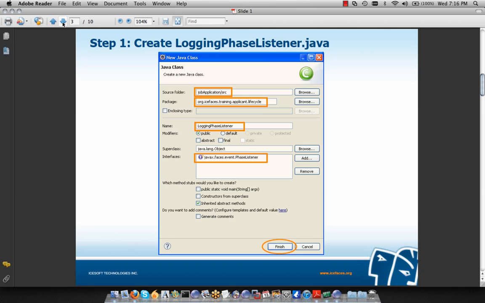Our first step is to create our phase listener. So we're going to create a new class called LoggingPhaseListener in the org.icefaces.training.applicant.lifecycle package. And we're going to add an interface. So we're going to add an AjaxFacesEventPhaseListener interface. So let's go to our IDE